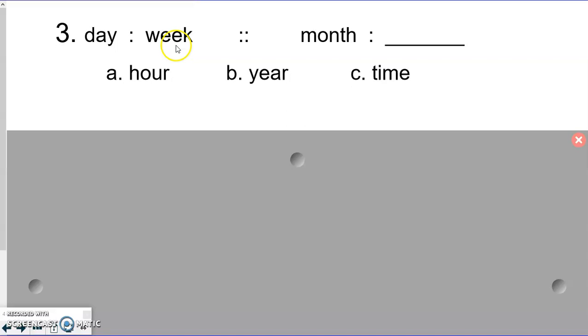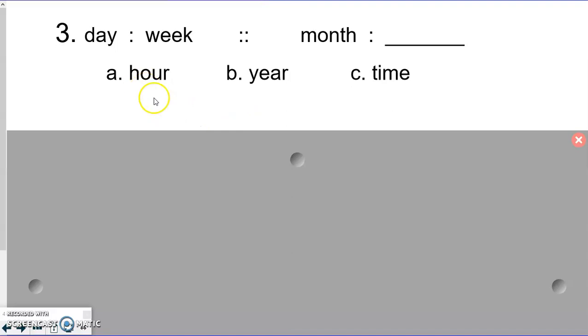Day is to week. All right, let's think about day and week. Let's decide if it's whole to parts or parts to whole. This time the relationship is parts to whole. A day is part of a whole week. So if our first two words are part to whole, our second two words need to also be in the relationship of parts to whole. So if day is part of a whole week, month is part of a whole,